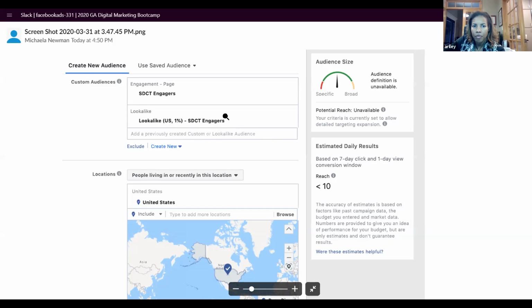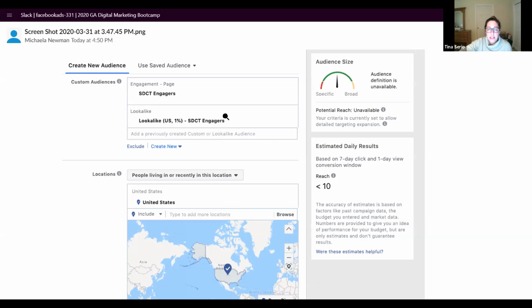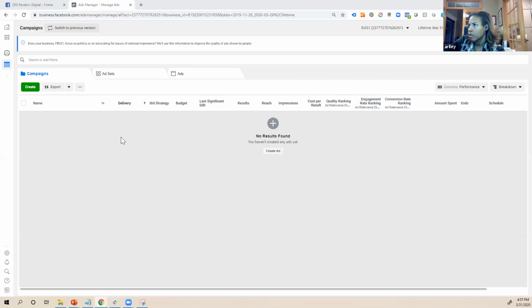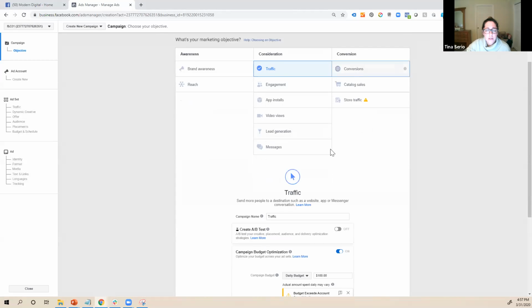Okay. So what you would want to do is go through that process and create another lookalike. Let me see if I can do it quite quickly here. And you'd want to set your percentage on the scale to something like 5%. Let me see if I can show you guys really quick. New share. Okay, create new, custom. Okay. I'm going to step through, let me see if I can do this.